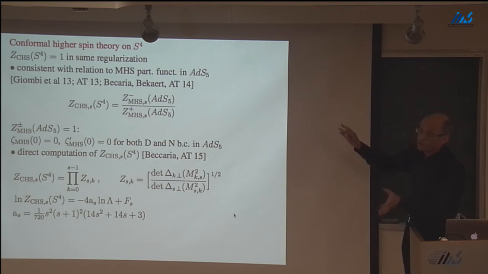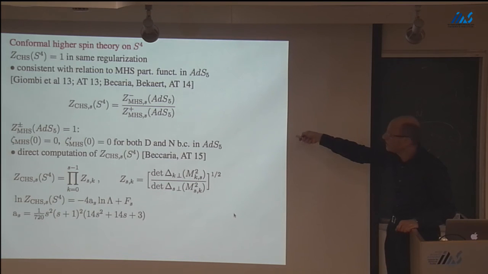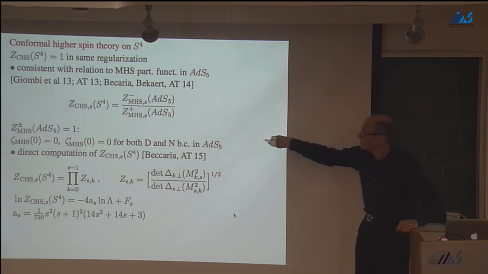Conformal theory is defined on S4. On AdS, it's true for both plus and minus. Each of them is 1. So each of these is not for every state. So product of